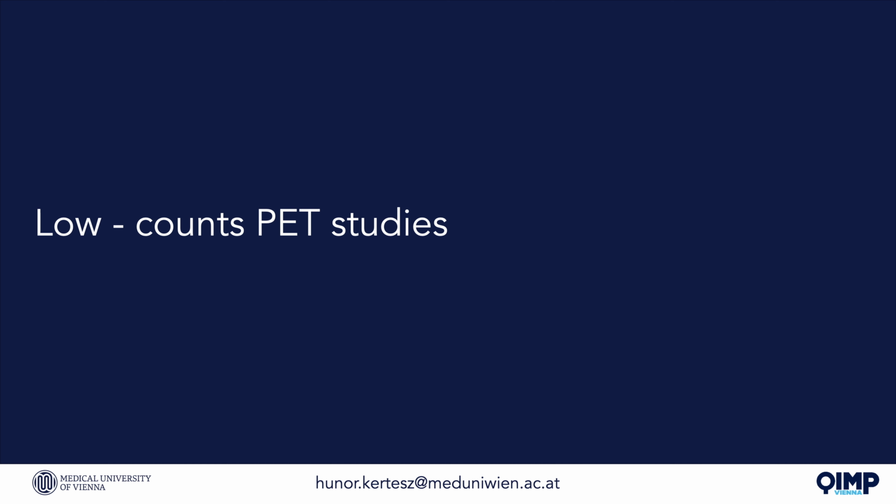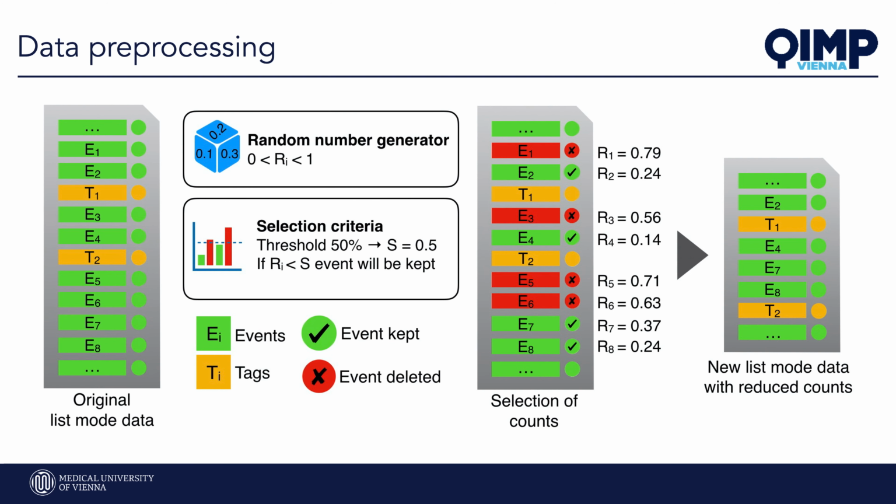To do this, when we acquired the raw data in list mode format, we wrote a script that we can use to virtually delete counts in the acquired list mode raw data and simulate low count levels. So when we have our list mode data originally, we assign random numbers to every event inside the list mode, and then applying a threshold value, we deleted all the events which were above our threshold, and in this way we generated new list mode datasets with a reduced amount of counts,